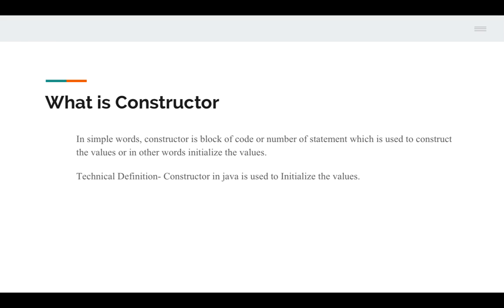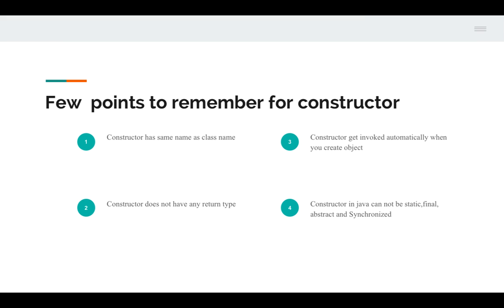Once we move forward, once we discuss the actual implementation of the constructor, you will get the real picture, and then you can come back to this slide and you can relate easily. So just give me a couple of minutes. Within a few minutes all your doubts will be cleared. So before we move forward to the programming, let me talk about a few points that you need to remember while